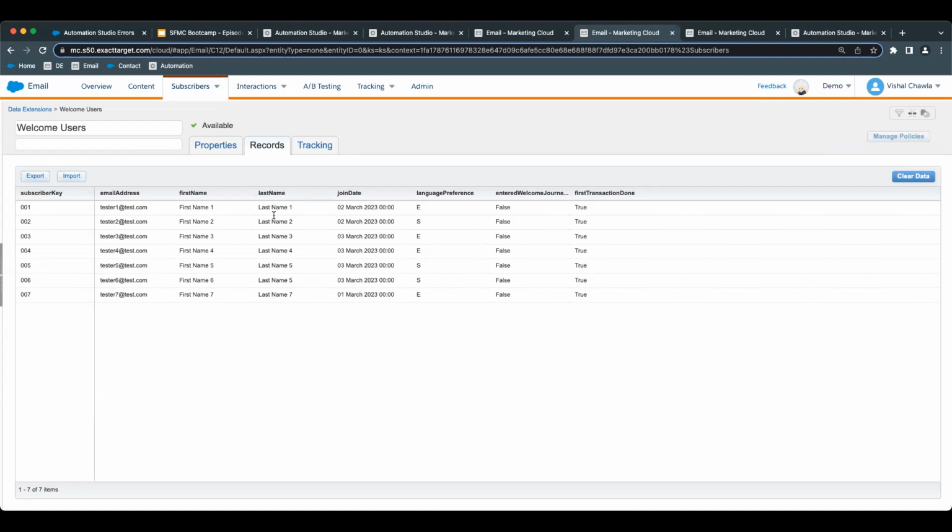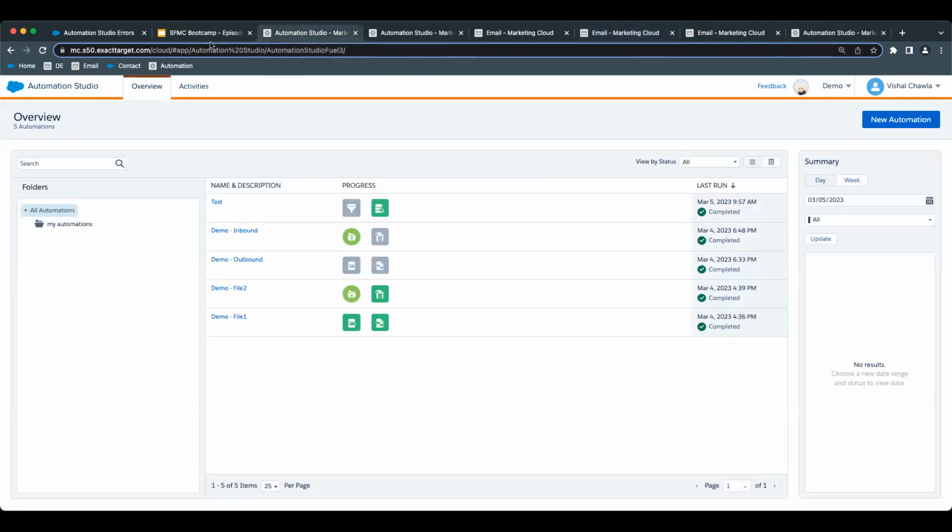For example, field 1 equals so-and-so and field 2 equals so-and-so, or it could be some sort of numerical comparison, for example, if transaction revenue is greater than 100 or greater than 1,000, and so on. So if you want to create a filtered data extension, you can use